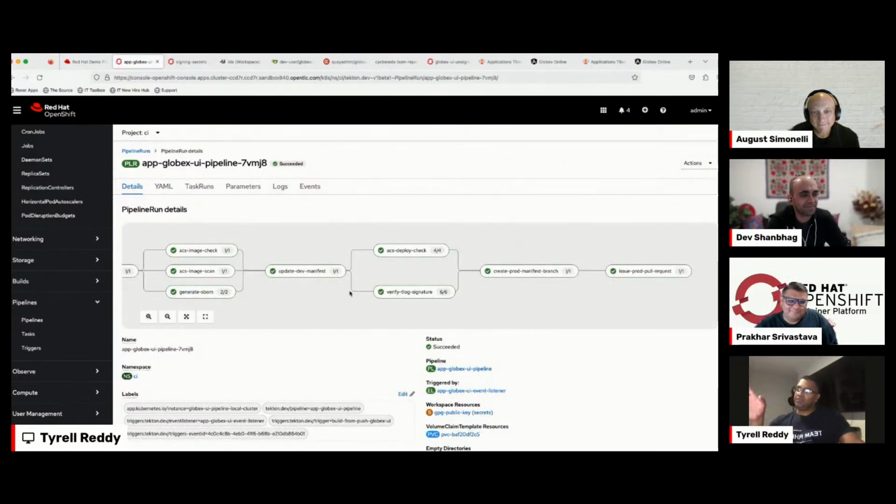All right, so along with the ACS deploy check, I've just added something from Sigstore. Sigstore has a tool called Rekor. What happens when you sign your images with cosign? It pushes metadata about that signature to a third-party service called Rekor. So it tells you the time it was signed, who signed it, and the information around the signature.